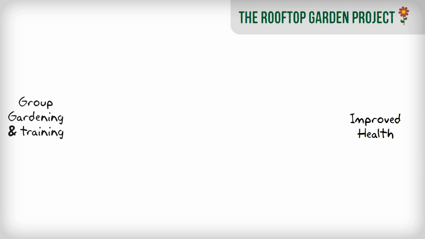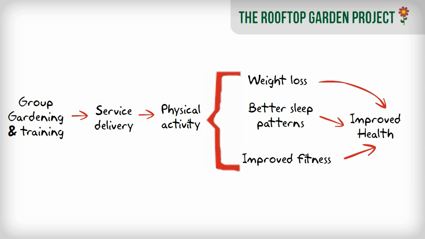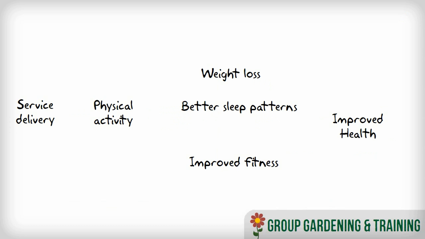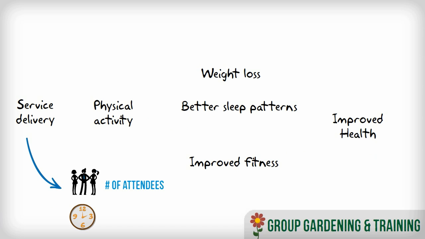To illustrate, let's go back to our rooftop garden example. Their first chain links health as an outcome to group gardening as an activity. To quantify measurements, it's best to work short to long term, as longer term results are generally trickier. Starting with group gardening, to measure the rooftop garden project's outputs, or how much of this activity they are providing, the number of people attending group gardening, as well as the number of hours spent in group gardening, can be